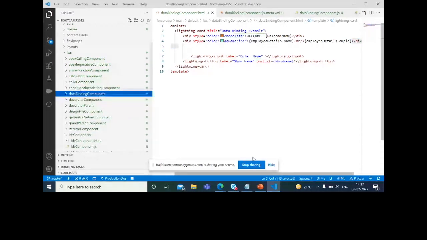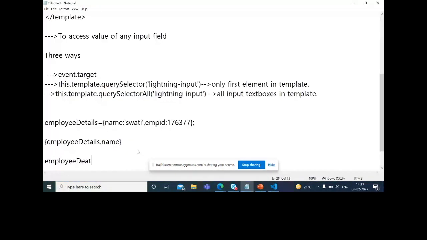So that's about data binding: how to bind a simple property, how to bind an object type property. For arrays and all that, you will see in other sessions. Whenever array type values are there, you need iterations. You have to iterate, otherwise you cannot bind values directly. And you cannot use compound expressions in LWC. Compound expressions, in the sense, you cannot write like this.